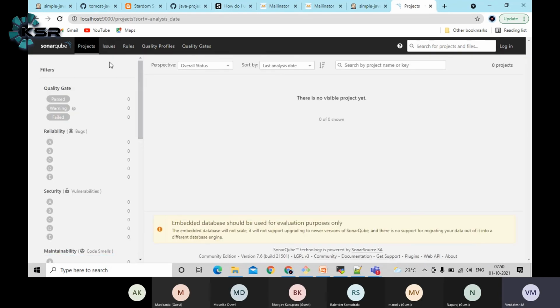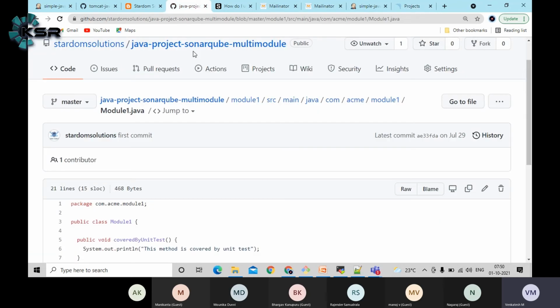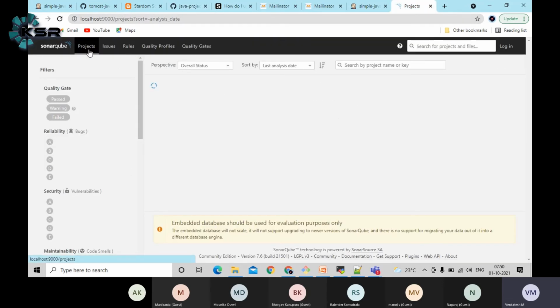Each repository we have, in Git or Bitbucket, GitHub, something like that, for each repository will be called a project in SonarQube. That means, let's say if you run Sonar scanning on some Java project, a SonarQube multi-module, it will come here as this particular module name as a separate project under the project section. If you add more projects like this, more scanning, everything will be listed in a listed manner.